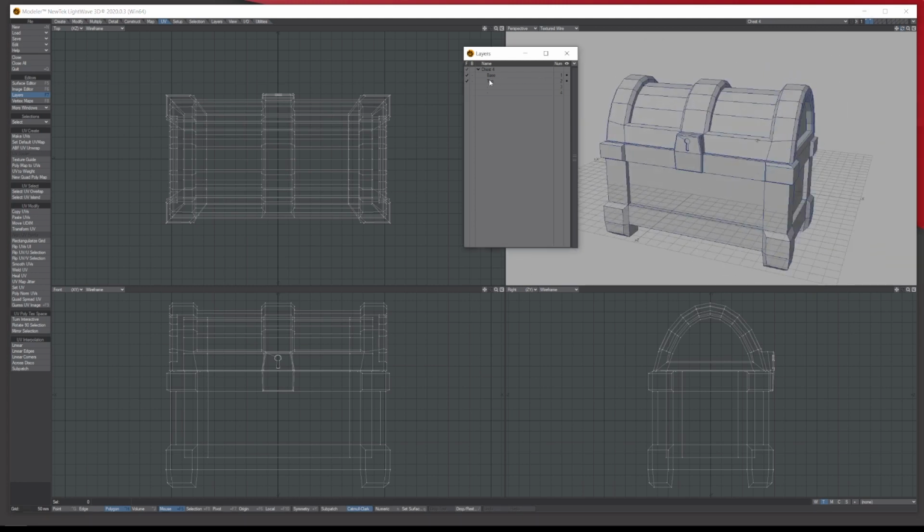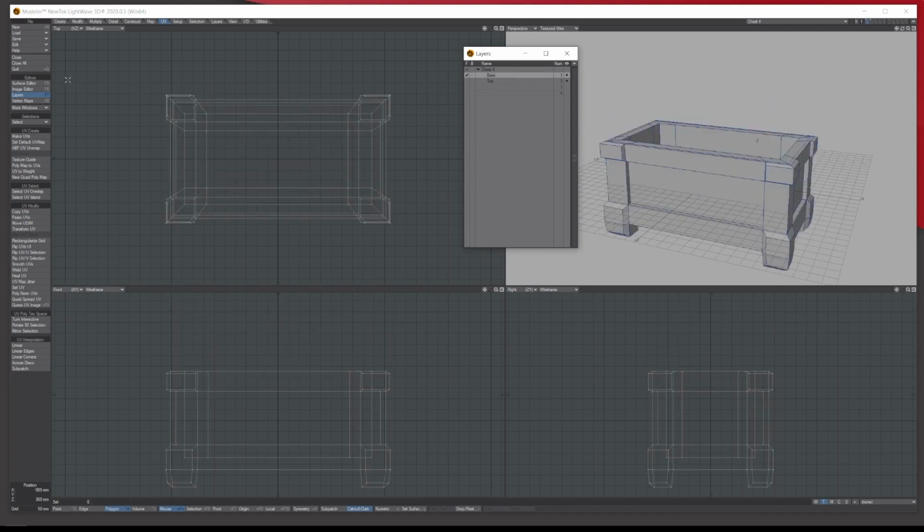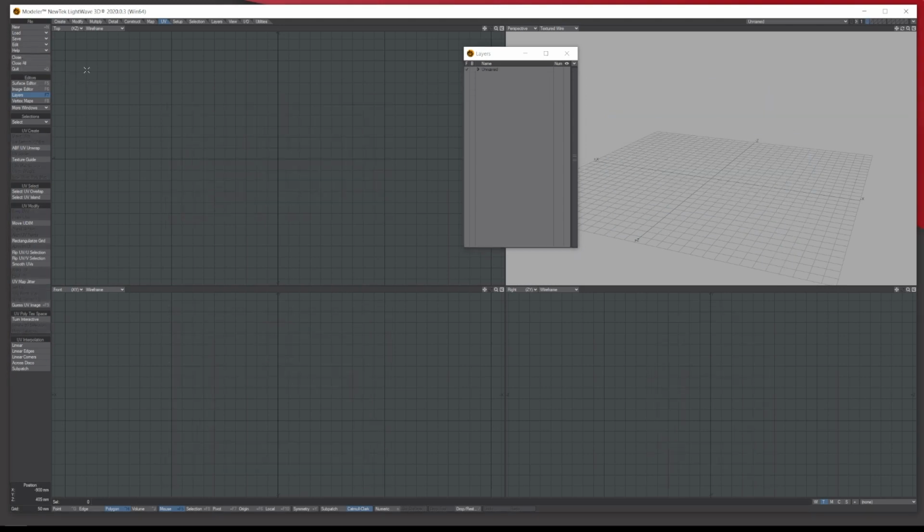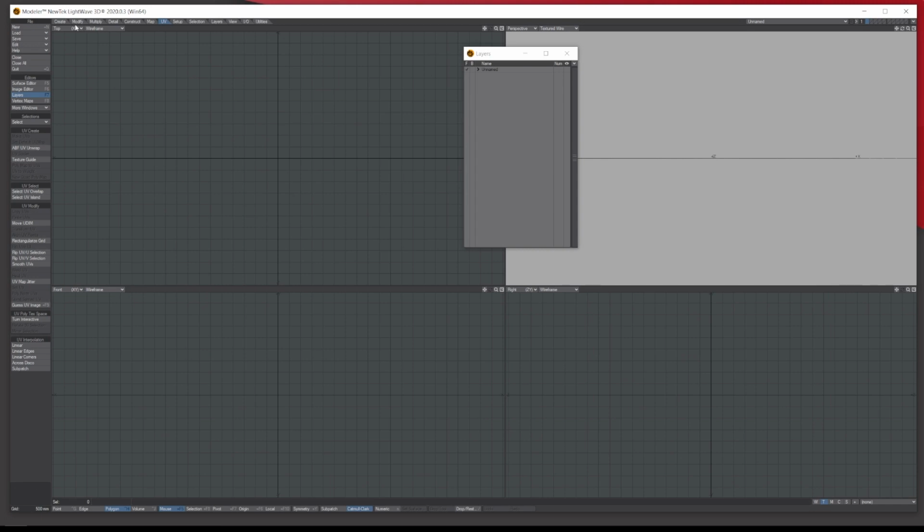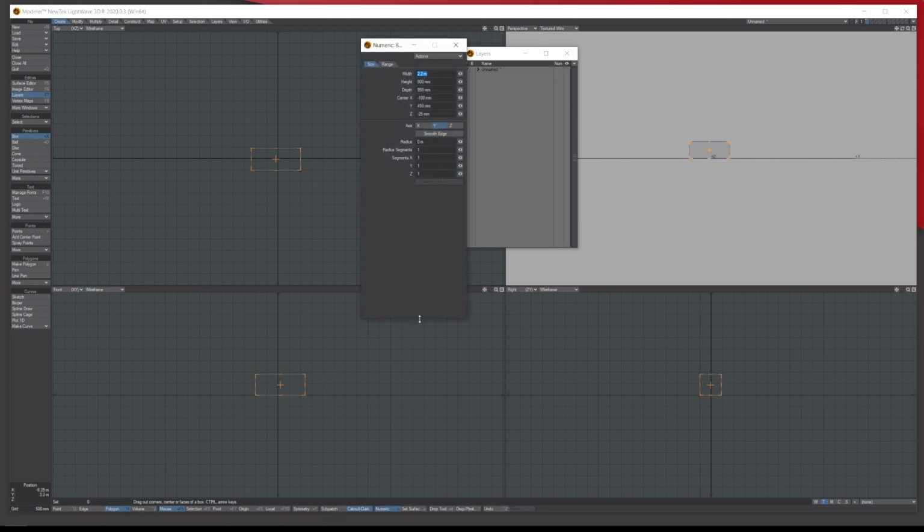We're going to model the top and the bottom. So let me just close everything. And what I'm going to do is start off by just creating the basic bottom of the chest by dragging out in the top, pulling out in the bottom, and then while the little orange handles are appearing, which means it's active, I'm going to press N on the keyboard to bring up numerical and see how big it is. So basically we're going to make it roughly around the size I would want it to be.